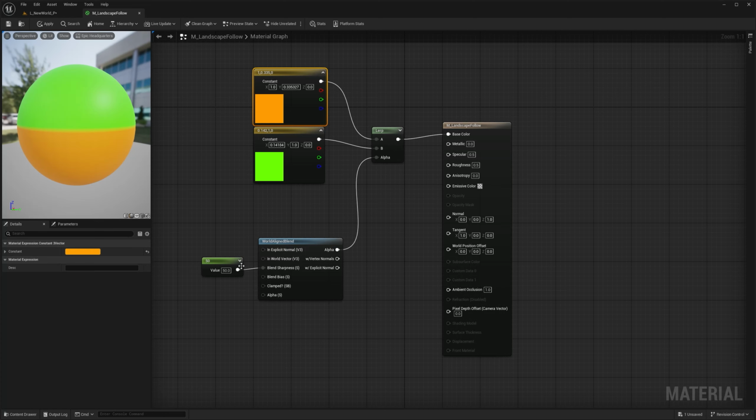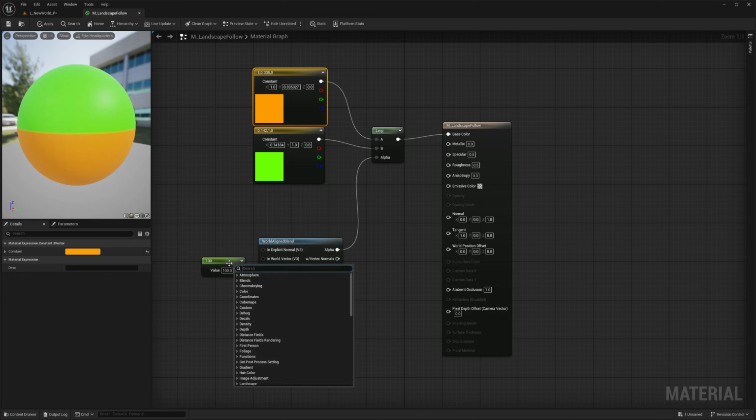So that's the sharpness right there, by the way. If you do 20, you're going to see that the transition is a little bit smoother. But we don't want it to be smooth. We actually want it to be super sharp. You can even put 100 if you want. But what we need to do right now is make sure that the green moves up. We want the transition to be all the way on the top here. So that's where bias comes from.